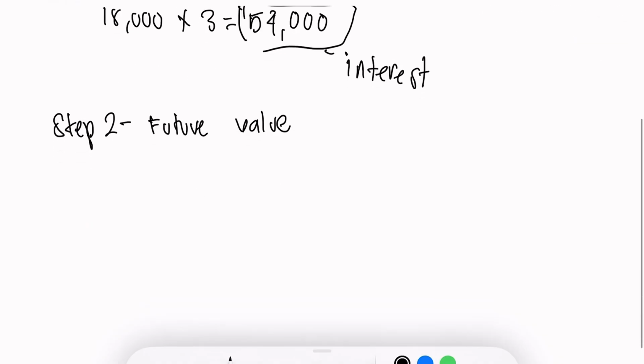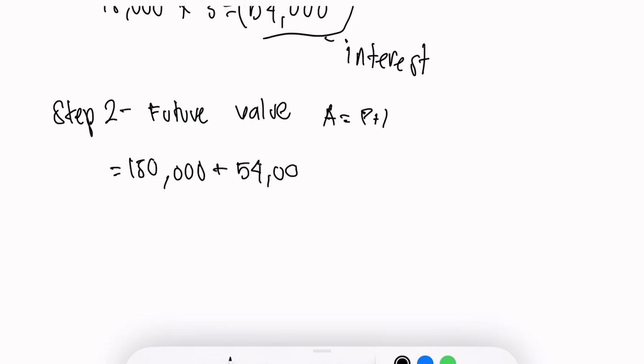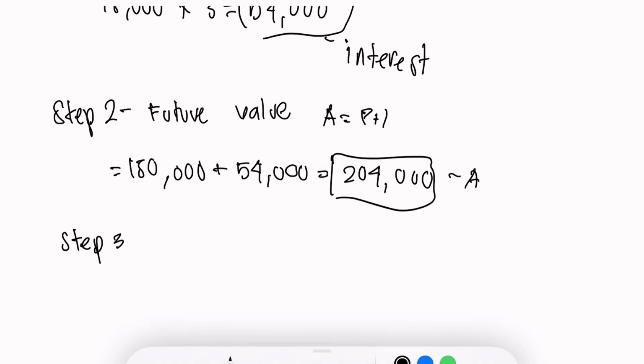To find the future value, our formula for that is A is equal to P plus I. So our value for our P is 150,000 and for our I is 54,000. Then equals 204,000. So our future value was 204,000. Now let's proceed to our step 3,